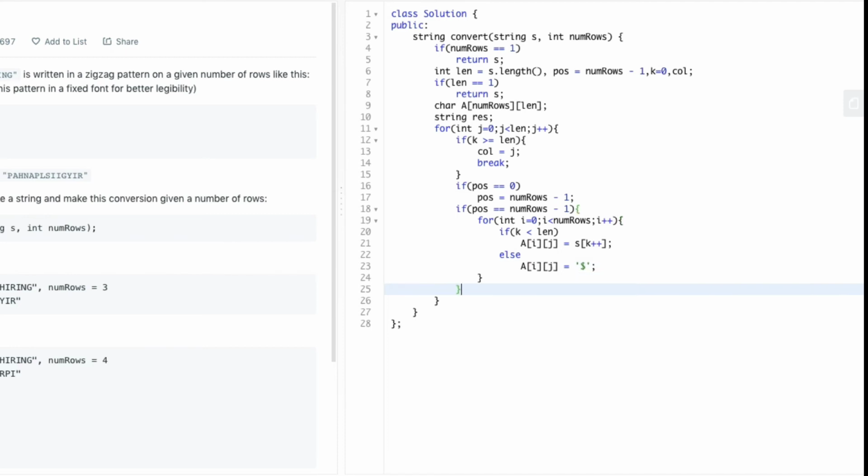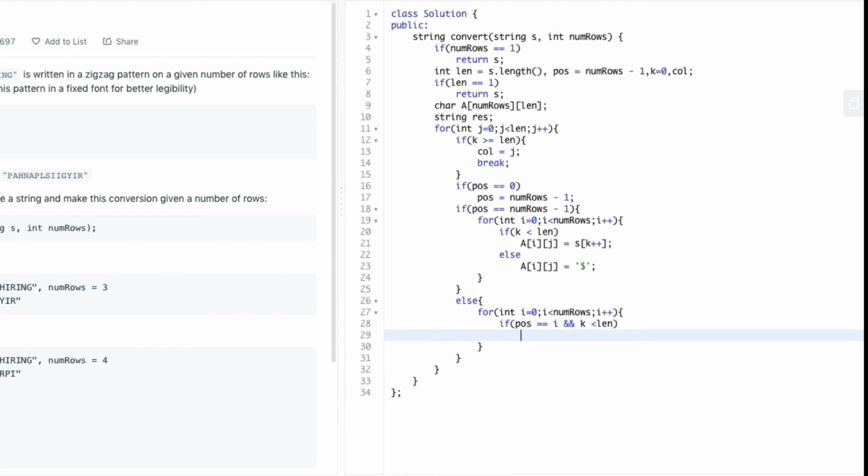And if the value of position is not equal to number of rows minus 1, then we insert an else statement where we insert the character into the array A only if the position matches with the value of i. Here we again run a for loop from i equal to 0 to number of rows, and we check whether the value of position is equal to i, and also k does not exceed length.